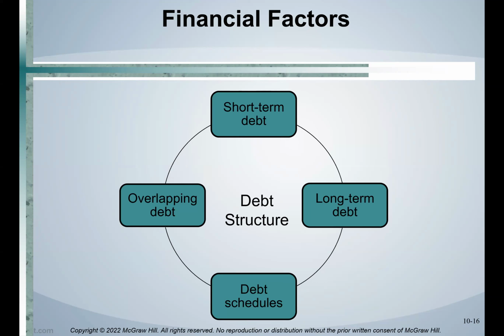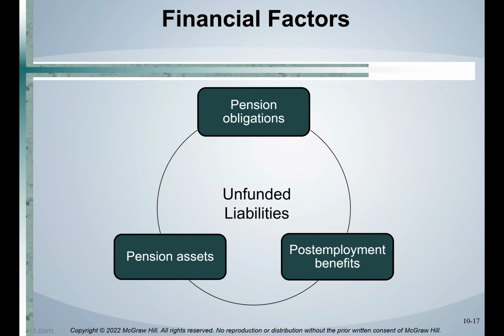Short-term debt, overlapping debt is debt that overlaps between different jurisdictions, different levels of government. Long-term debt versus short-term debt, et cetera. All of these things are things that you might look at in any company. Because so many state and local governments still provide a defined benefit pension plan, there would be things like